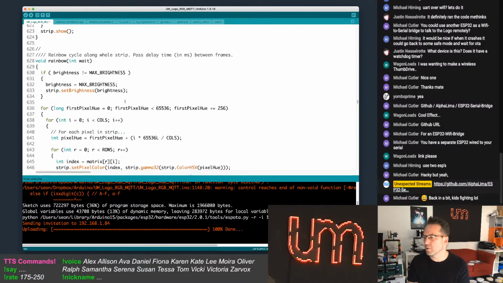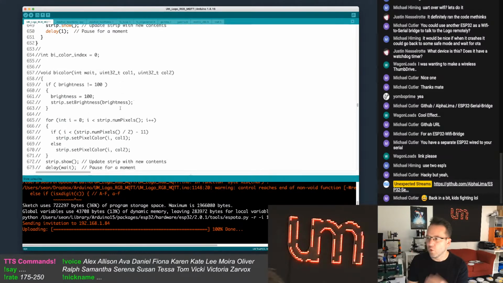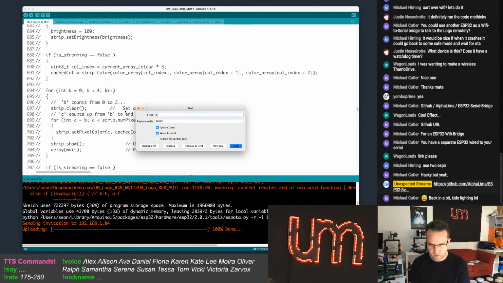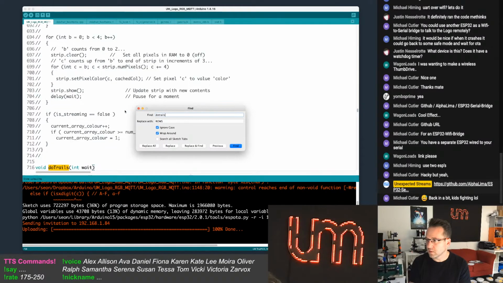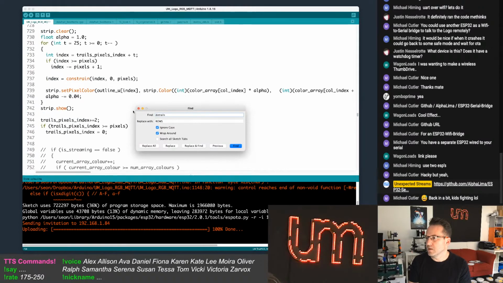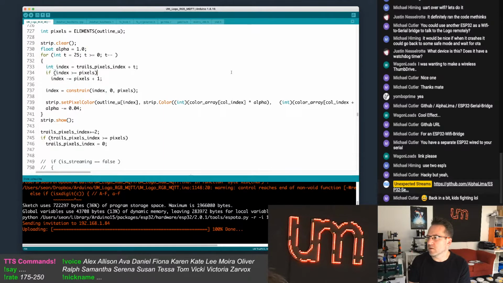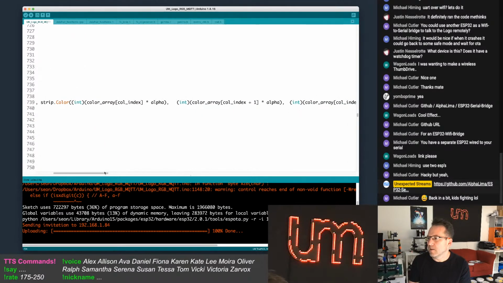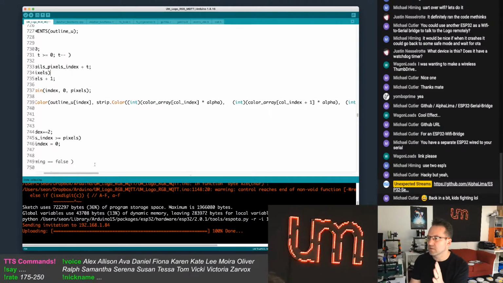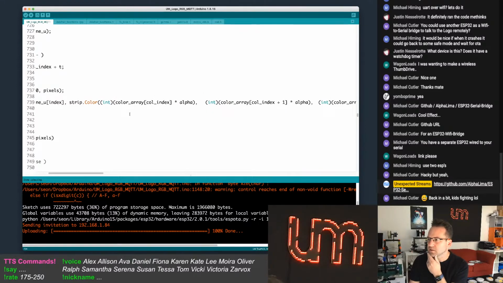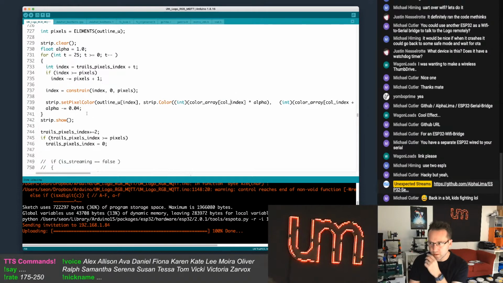So I've got this hacky way of doing brightness or fading. Do trails. So basically I alpha them out. I multiply them down per channel. And the only way that works is if I know the individual channel colors. So I've got these arrays of colors that I index into, and then I multiply it by an alpha that I keep reducing.